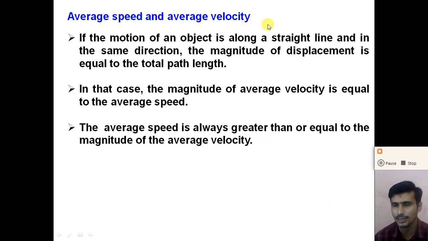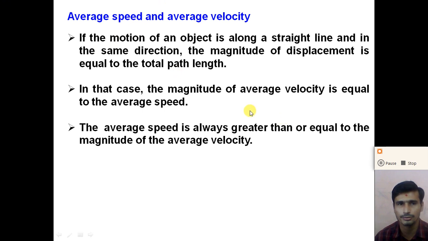If the object is moving along a straight line in the same direction, the magnitude of the displacement is equal to the path length. So in this case, we can say that the average velocity is equal to the average speed. When the object is moving along a straight line in the same direction, the magnitude of the displacement and the distance traveled, or the path length, are the same. So the magnitude of the average velocity is equal to the average